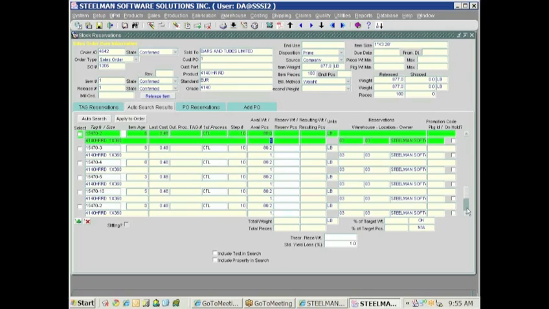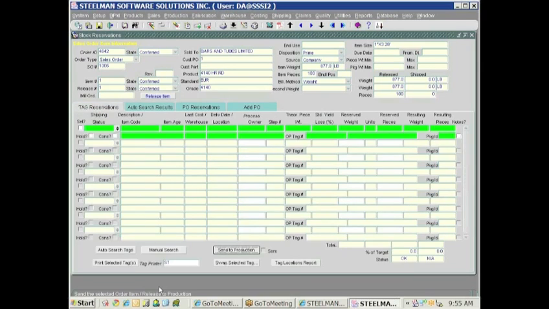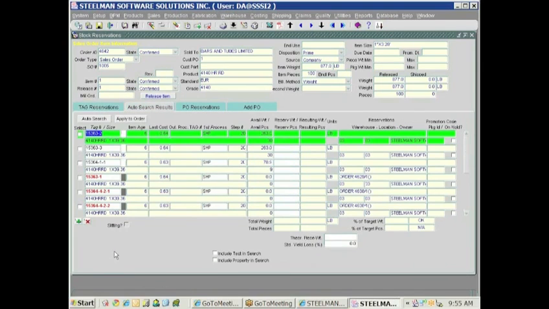So this is the auto search. It comes back with all the material it thinks you can use, and it also tells you at what step in the process you should be using it, based on the dimensions and so on. Before I pick anything from here, I want to show you another option, because maybe you went in here and hit auto search and you found nothing. So maybe you don't have material that matches exactly what you need, but you could be using something that's slightly thicker or slightly thinner, maybe slightly smaller diameter. You can